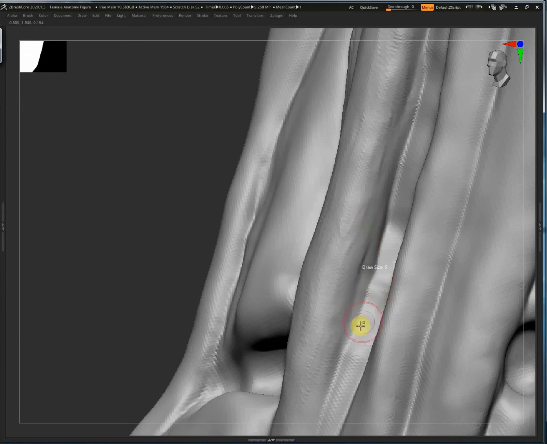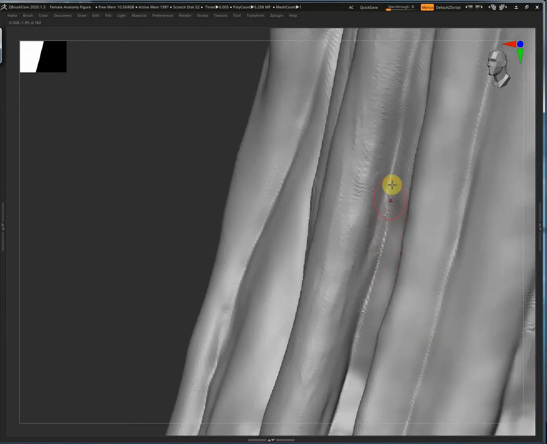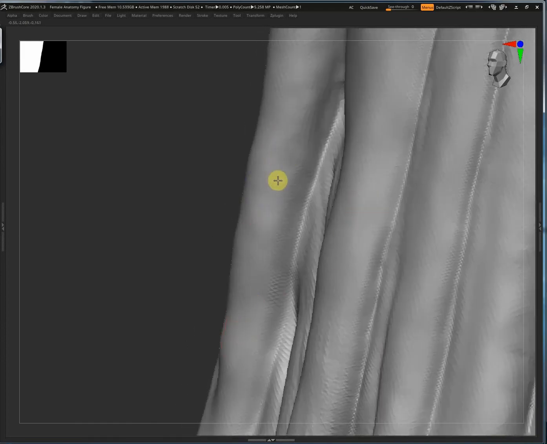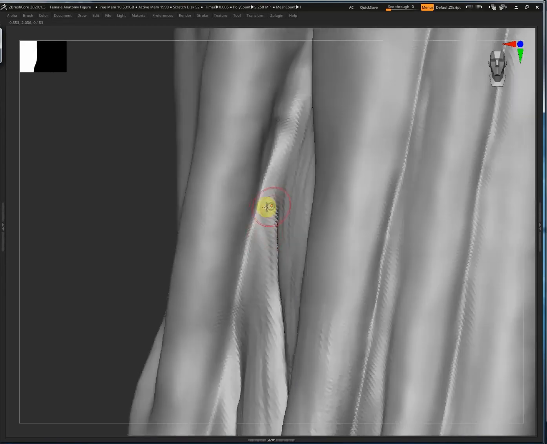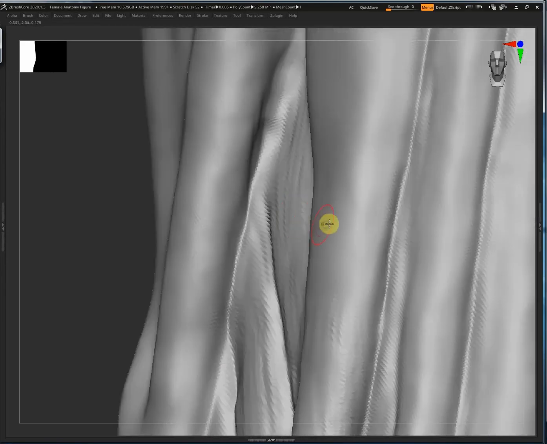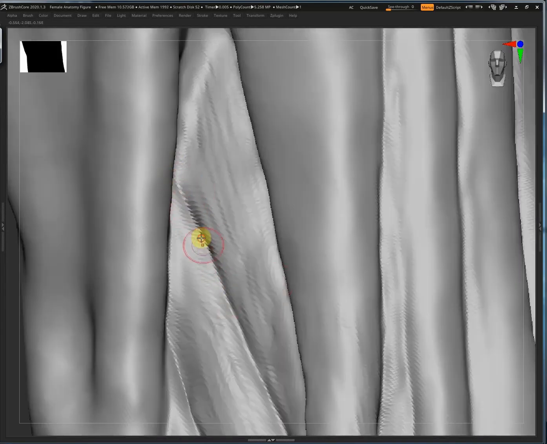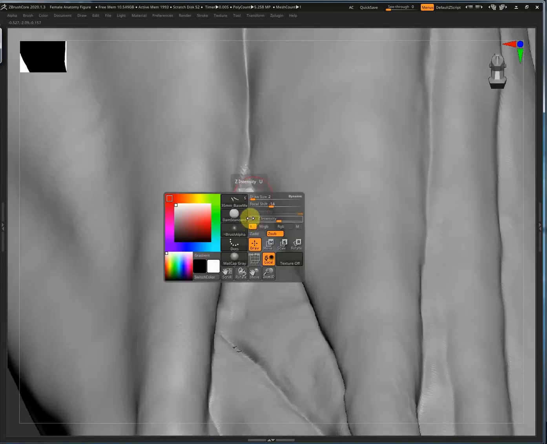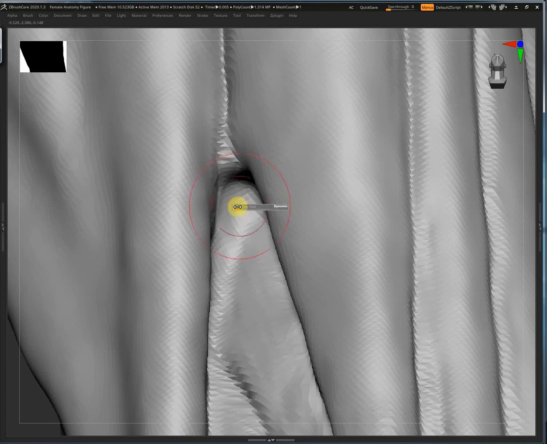And next, look at that, we're using the Damian standard again. So I'm just going to go through each and every muscle, each and every tendon actually, making sure our lines are straight, making sure our details are emphasized, which will work well for us over there. Just digging that in,